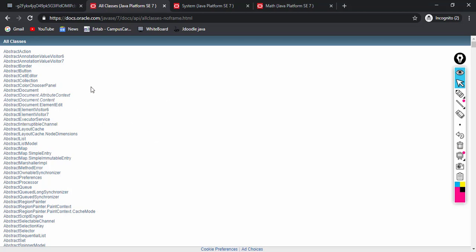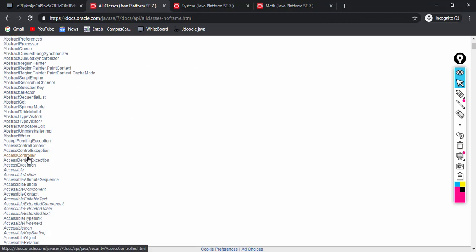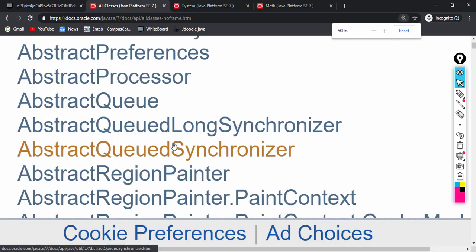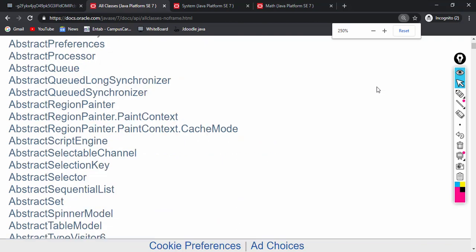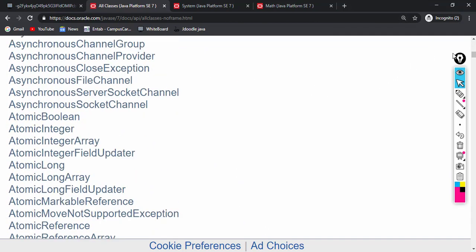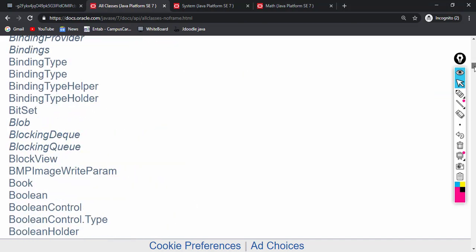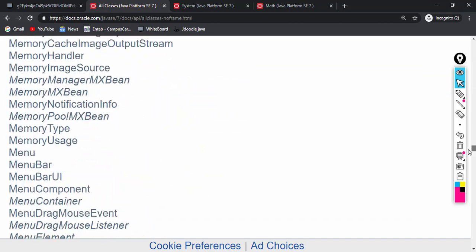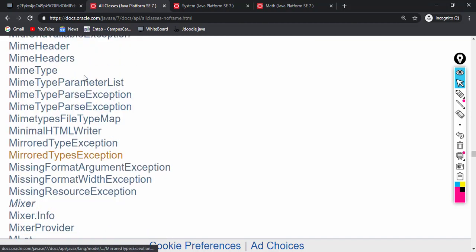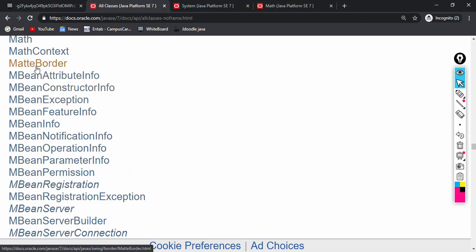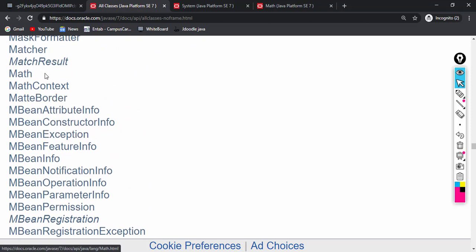So let's search for the Math class. If we go down and look for Math, where is our Math class? Here, you can see the Math class is present.